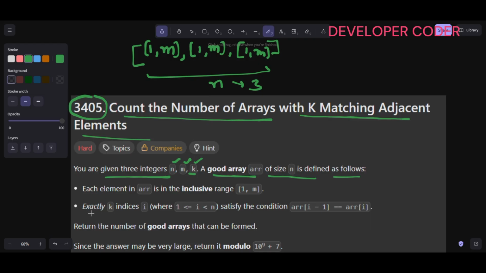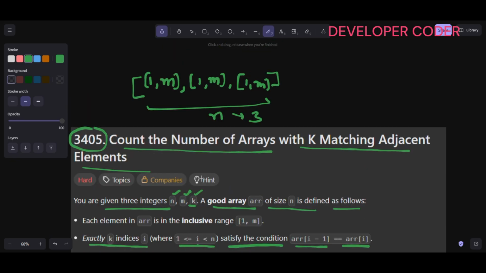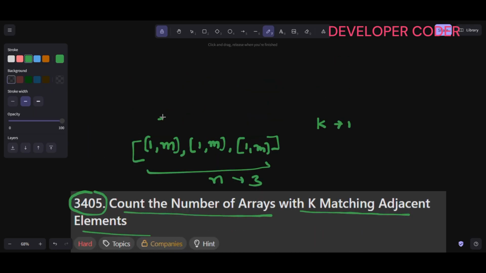After this, there should be exactly k indices i, where i is greater than or equal to 1 and less than n, that satisfy the condition array of i minus 1 is equal to array of i. Let's say your k value is 1 here. Let's suppose here the m value is 2. So let's say we have 1